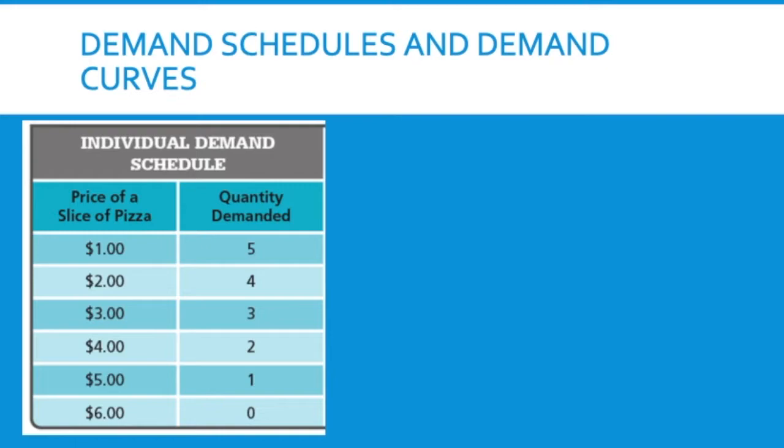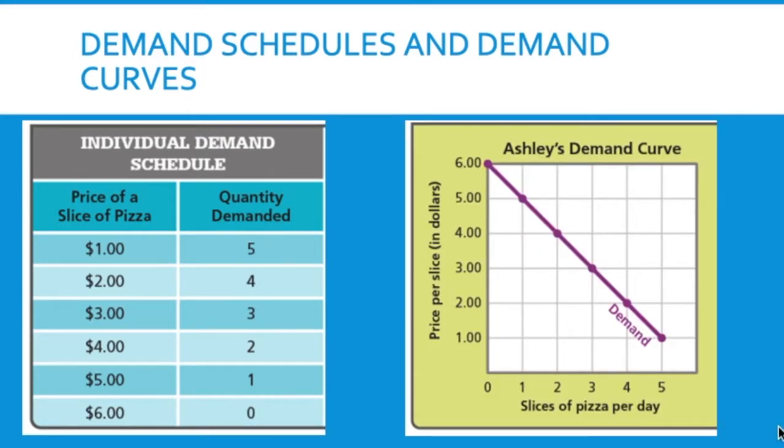If you got to $1, you might even buy 5, even if you had to bring some home or stuff it in your locker or something along those lines. So this shows you the law of demand: as prices go up, your quantity demanded goes down, and as prices go down, your quantity demanded goes up. We show this in a graph with a downward sloping curve. At $6, nobody wants to buy it.